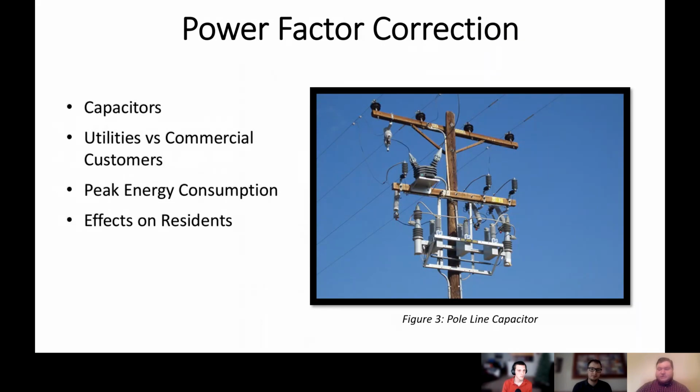Power factor correction. So if we've got bad power factor, how exactly do we correct it? Well, the most popular way to do it is capacitors. Utilities and commercial customers do this all the time. A lot of times you'll see utilities put them in substations, and a lot of times you see in figure 3, they'll put them on the poles. Commercial customers will put them on their property to help their motors run more efficiently, better power factor, and helps